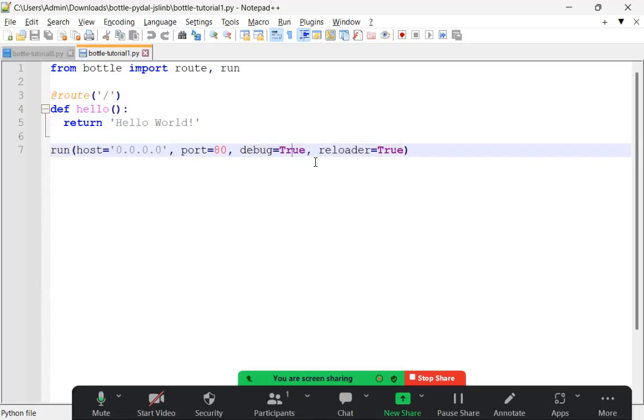Basically, that gives you more detailed output in the console, so you can see what sort of transactions are occurring and what it's sending back, any errors. You don't want to run this in your production application. It'll slow it down. And also, same is true, the reloader equals true parameter. What the reloader does is anytime you make a change to the application, Bottle automatically restarts the server with the new code. So it keeps track of anytime you make changes to the code. So it makes it really quick and easy to edit and run your applications live. Okay, so